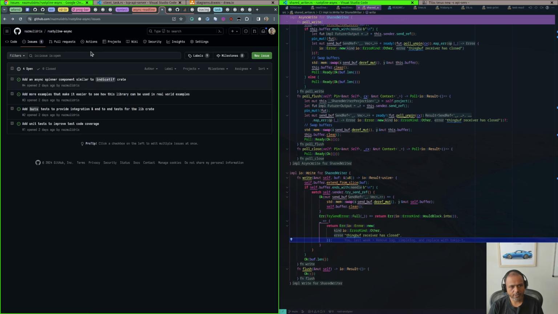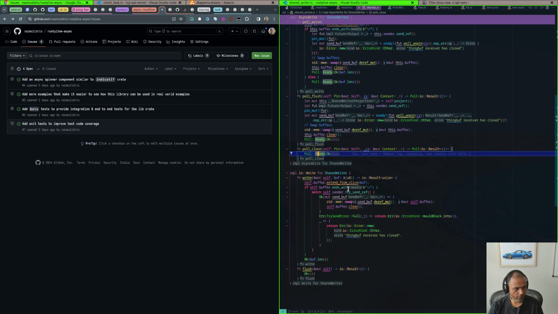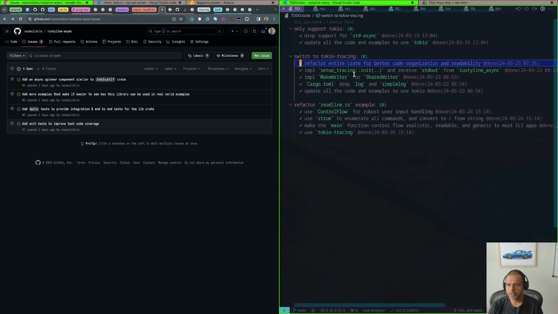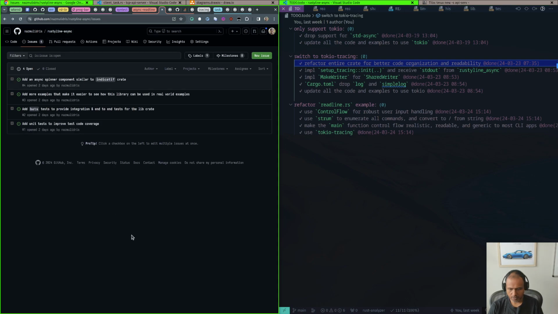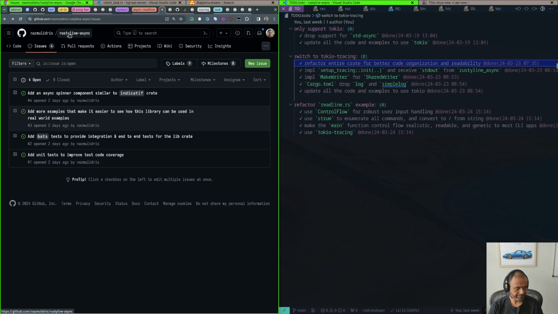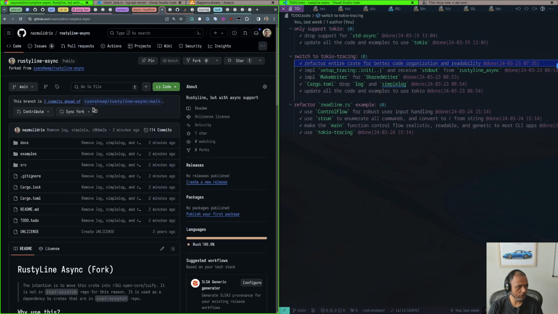Where it stands right now, I can show you roughly what it does, if you can see this screen. This is the crate for readline async, and it's on GitHub here. It's this Nosmal Idris readline async, and there's actually a bunch of open issues if